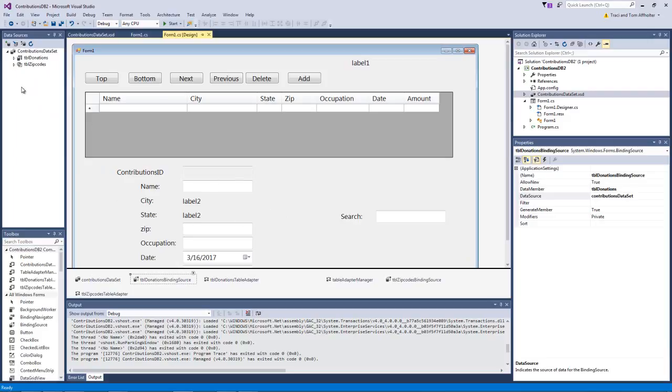But you have to always remember, the biggest mistake made is people assume that this is the related table zip codes, and that is not. The related table zip codes is this one. This falls underneath the parent, which is table donations. We closed out by talking about how to create and use the filter of the binding source. The filter allowed us to go back in and add a search feature. So hopefully at this point, the basics behind this make sense. You can actually dive quite a bit deeper in this, but I've covered a pretty good amount